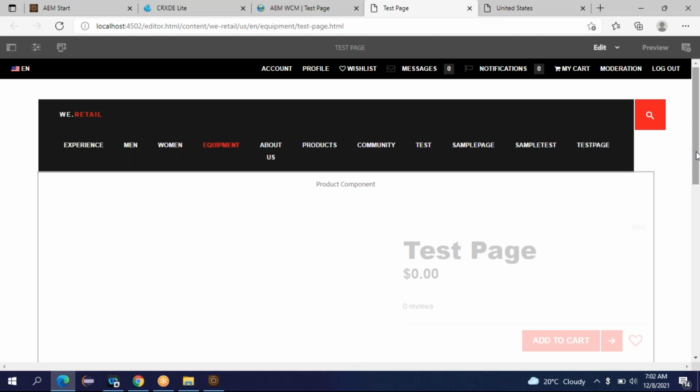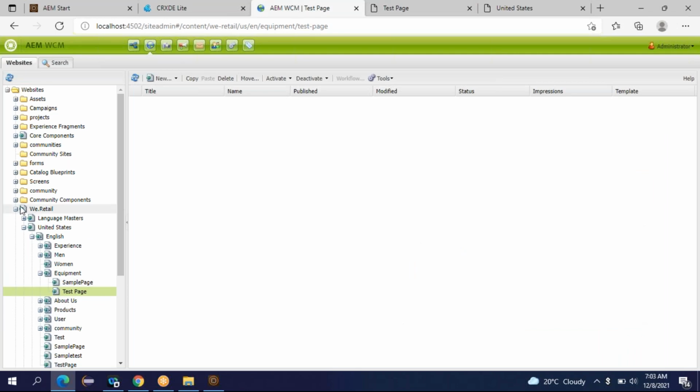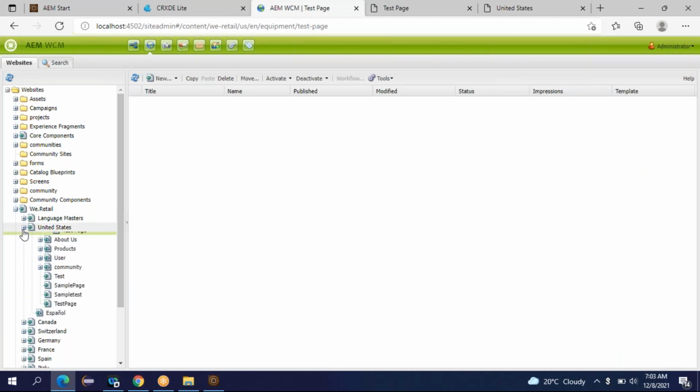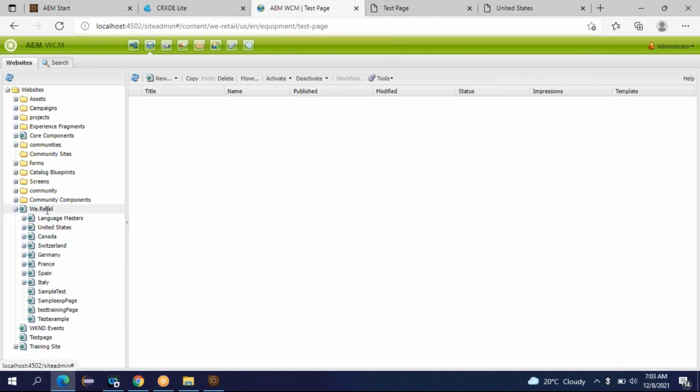Whatever content you see, those are coming from your template. So I created a page and I opened the page. If you want to add some content, you have to author the content on your page. How to author the content? You have to add the components and author it. We'll discuss more on that going forward. Fine. So this is how you can create your website and its pages. While creating, any questions?